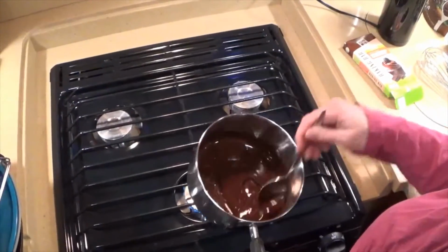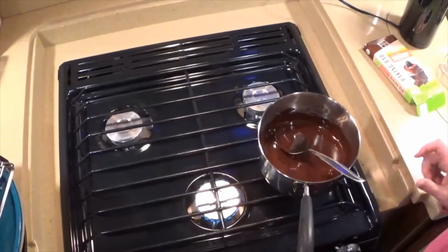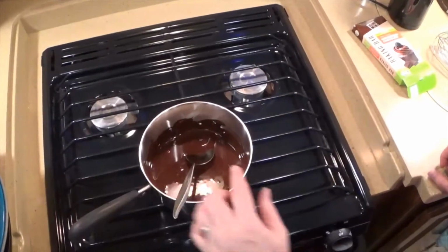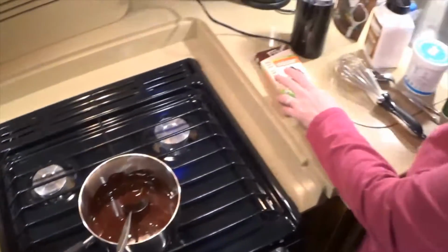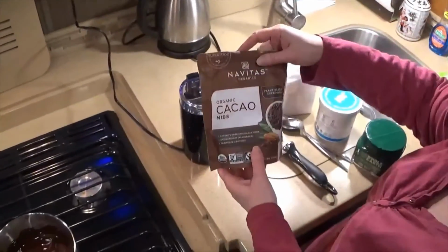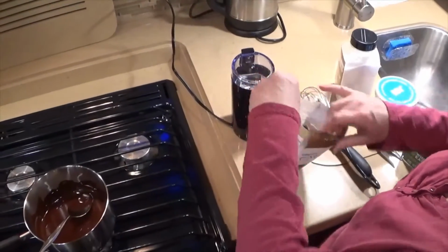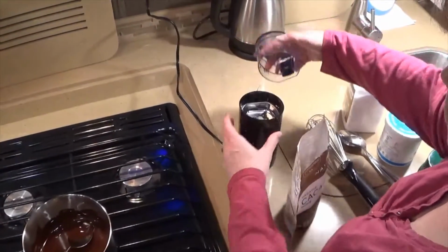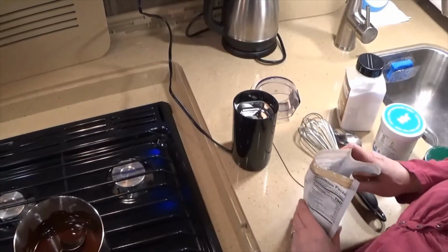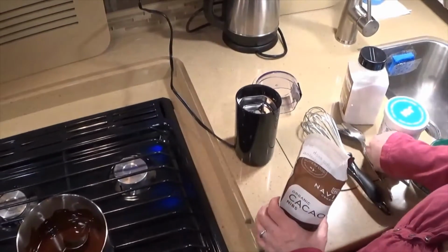And so now I'm going to do something just a little different. I'm going to turn this off. This is exactly how I want it. And I'm going to use some Cocoa Nibs in it. This is high antioxidant, and I've just been experimenting with it. I've been putting it in some chocolate cake and everything, and it really tastes really good. So I'm going to put in about 2 tablespoons